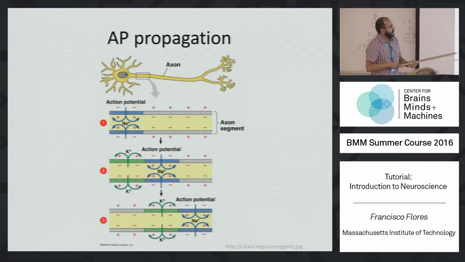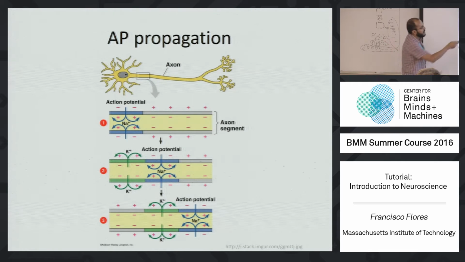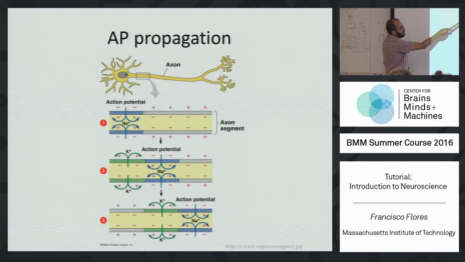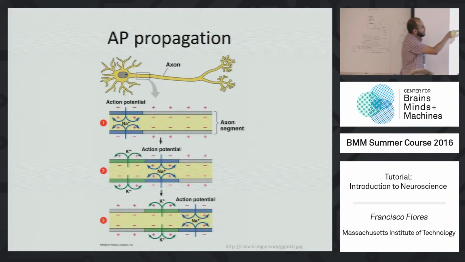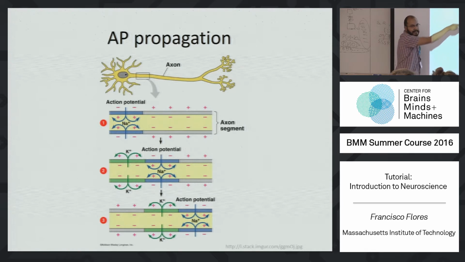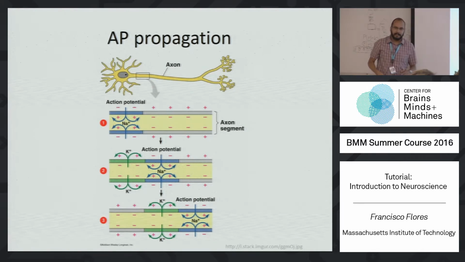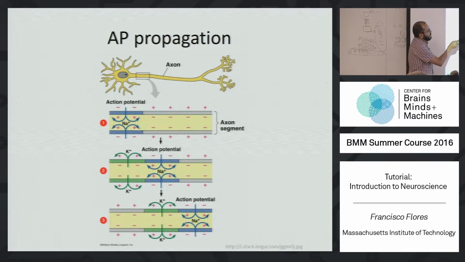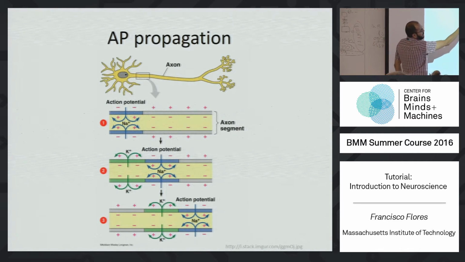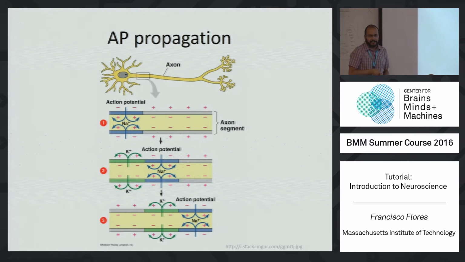Now, if you were to somehow cheat and introduce a stimulus here, then you have an action potential that is going to be traveling both ways. But in normal physiological conditions, where the action potential is initiated here, it's only going to move in that direction, which is called the orthodromic direction. Now, the action potential is going to travel to the axon, and it's going to reach here the synaptic terminals.